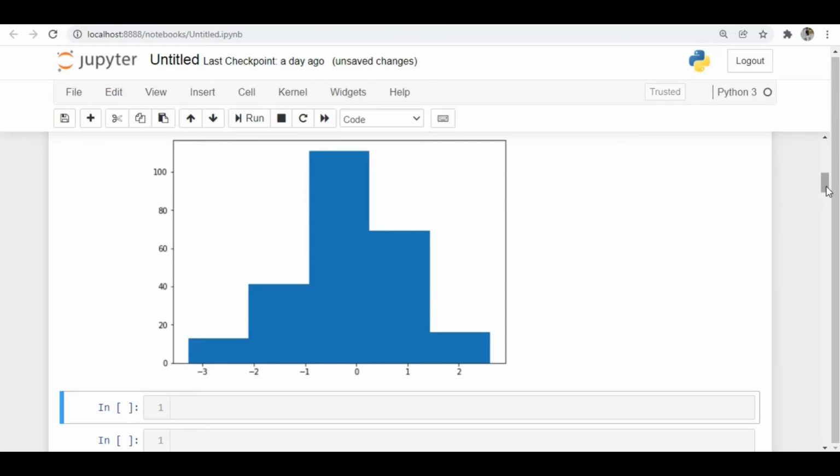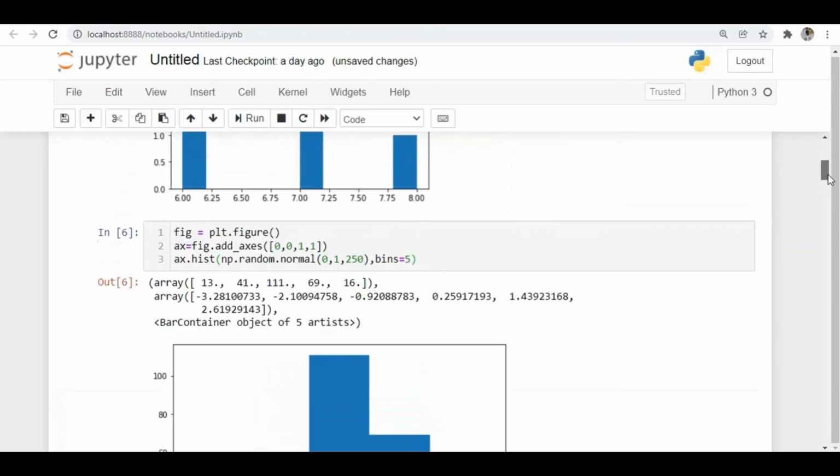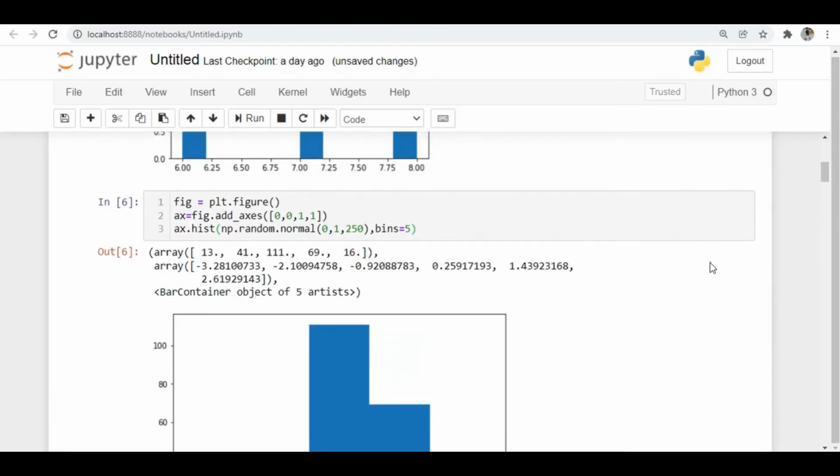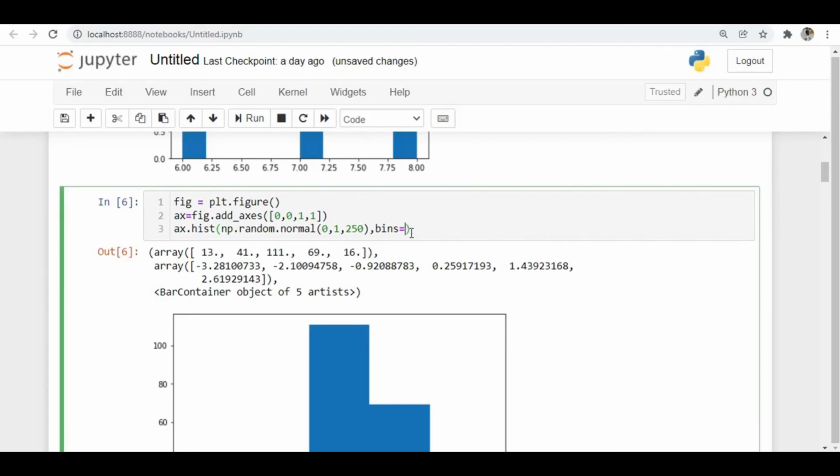Or, for example, if you want to define your custom bins, if you want the data in some particular range, you can specify that as well. You can just pass a list of values. I just want the range from 1 and 2, 2 and 3, and 3 and 4.